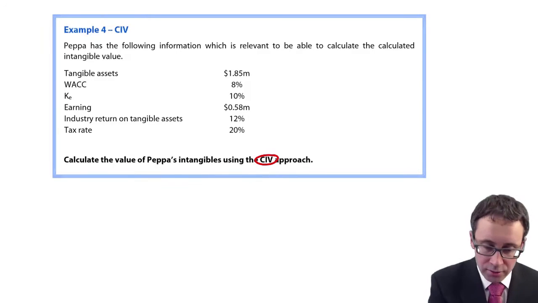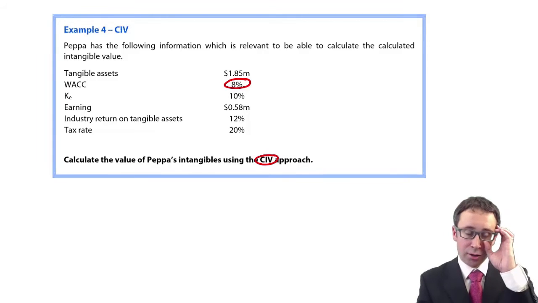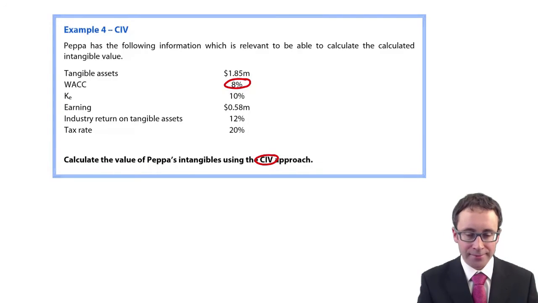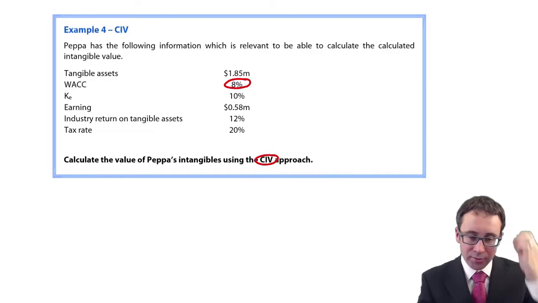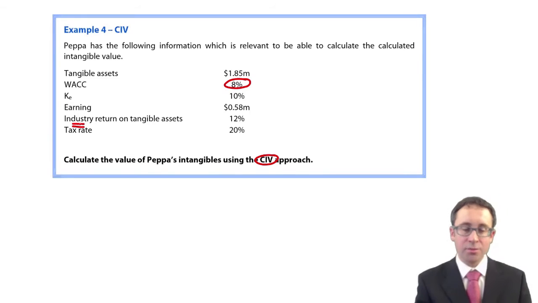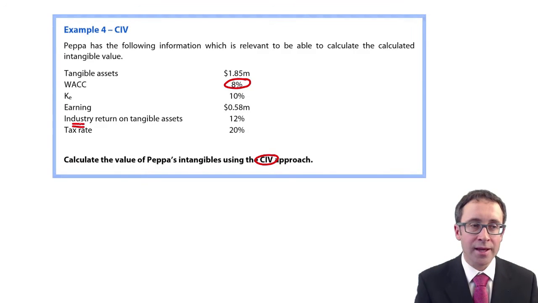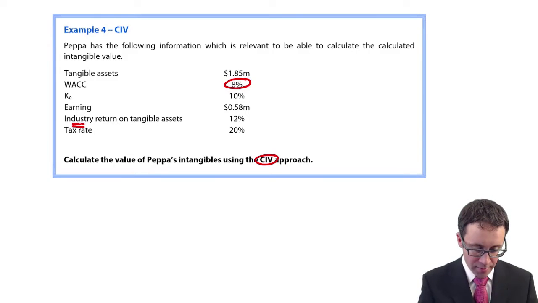Those earnings we're going to go through there and discount at your weighted average cost of capital. Okay. We can see there that we have our earnings, we have the industry return on tangibles, which is there, is it as 12%. Okay, if we go through that